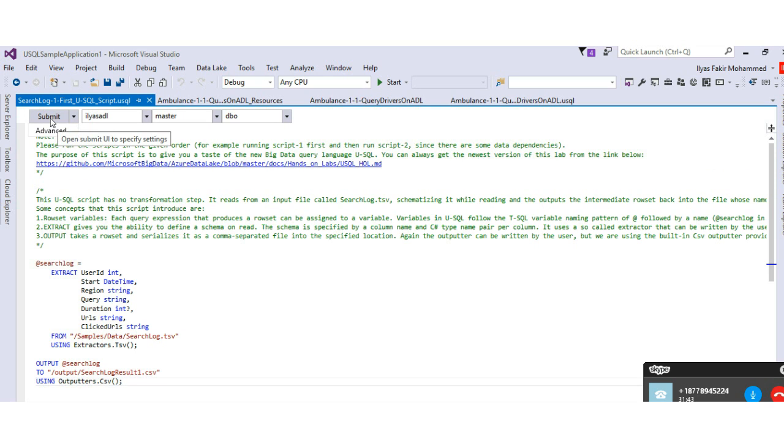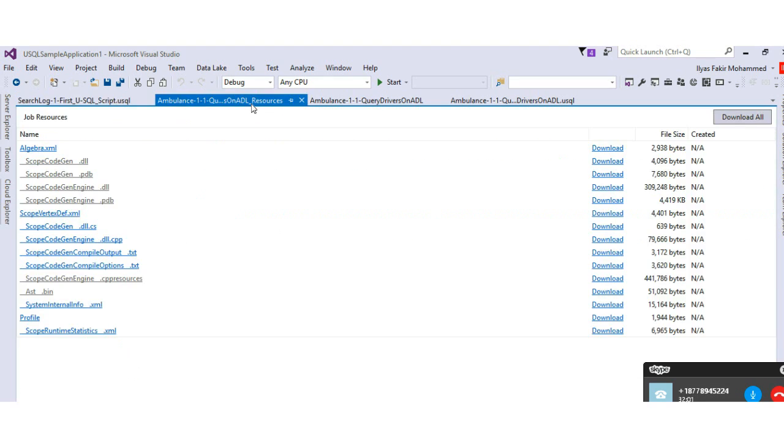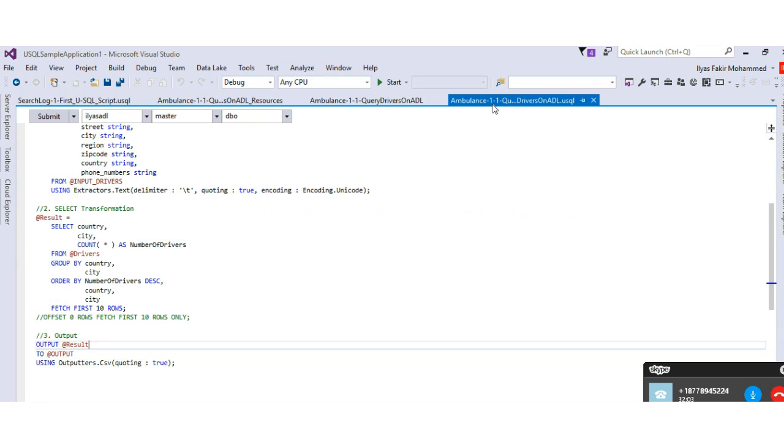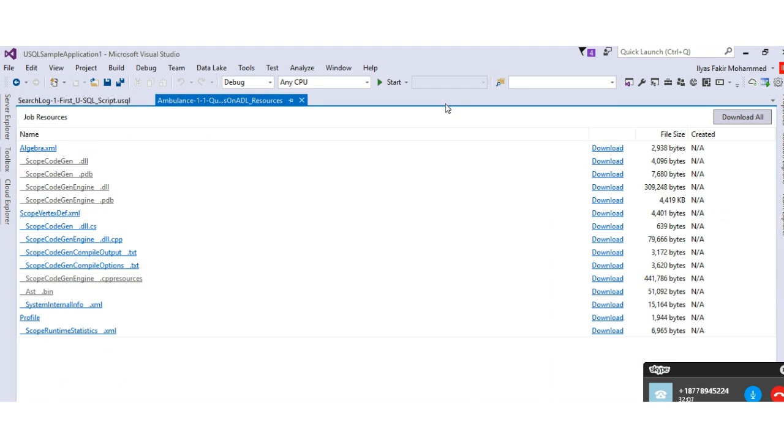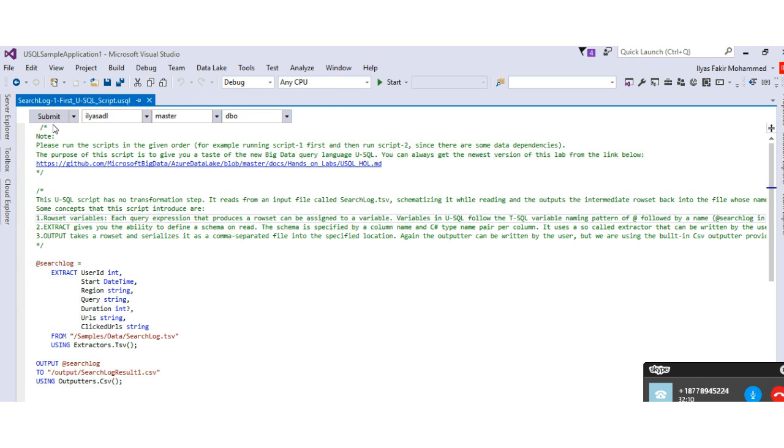Once you open this query, you can simply go ahead and submit it against your ADLA account, or you can submit it on your local computer as well, right? So you can either run the query against your ADLA account. In the interest of time, I'm not going to do it. I'm going to open the existing query that I have already run. If you're interested, there's nothing wrong in going and executing it.